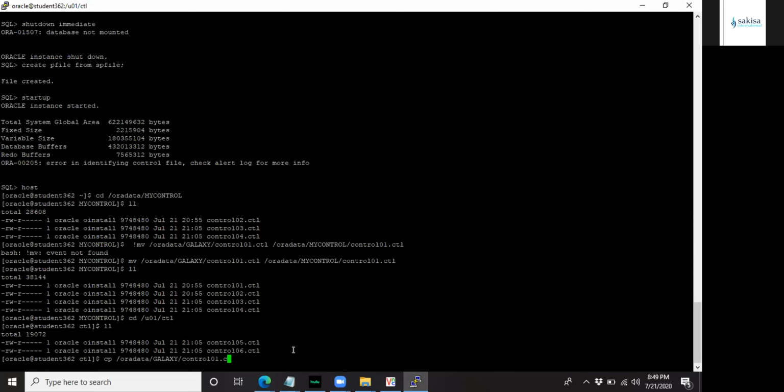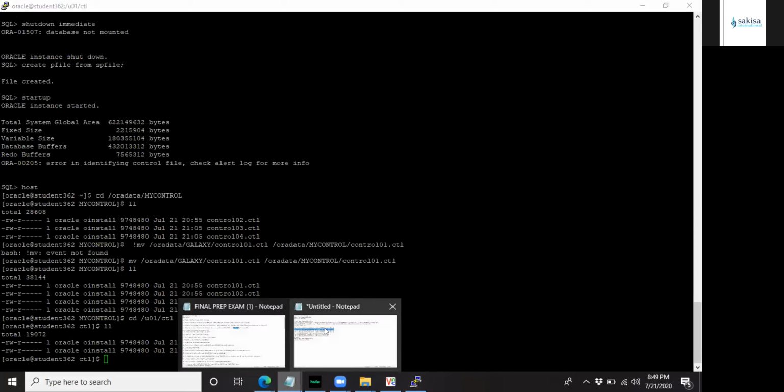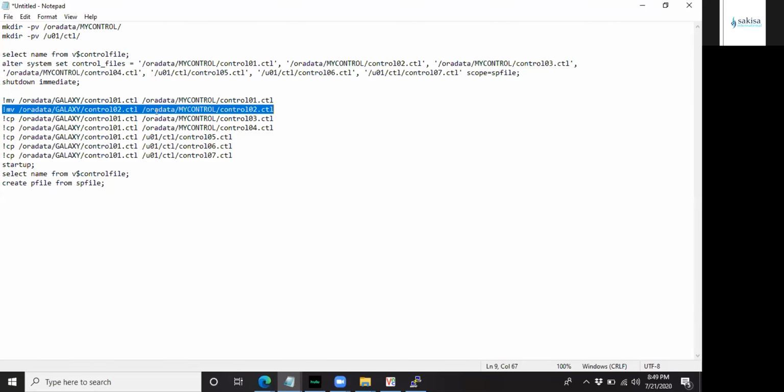We have already moved this U01. We have already moved control 01, so we have to change it now. So move it from that directory to, yeah, we have to put it now in my control.